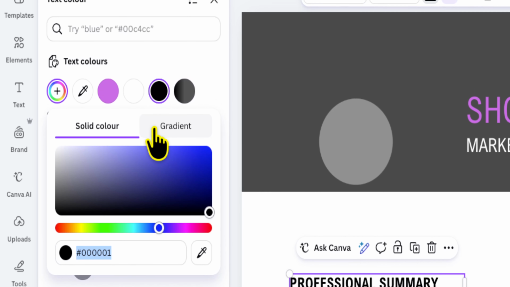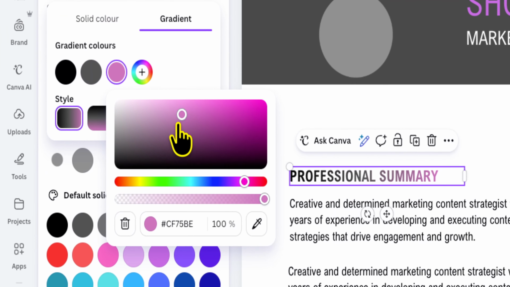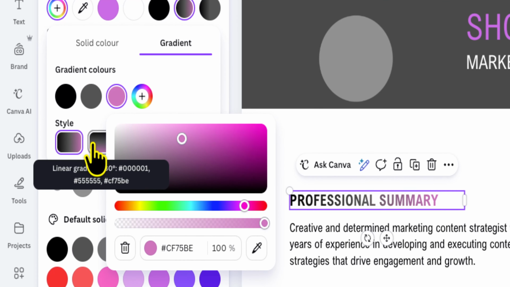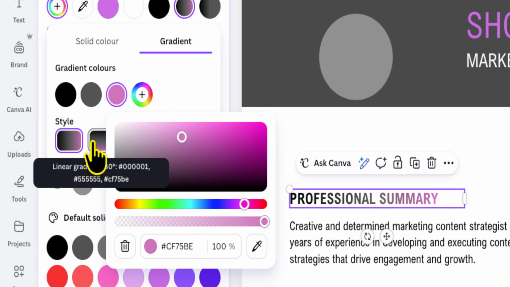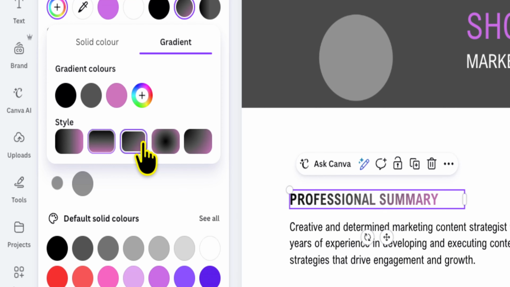and create your new gradient. And as you're doing this, there's a preview of the gradient here, as well as on the actual elements that you're editing. Now, once you're happy with the gradient color, come down to style and you can select different styles